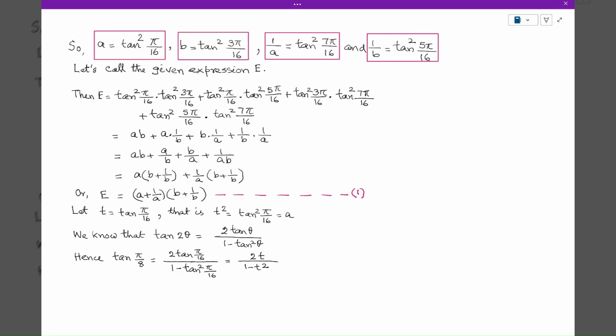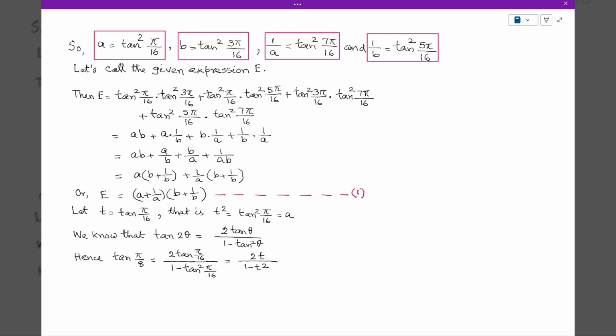Now, if you call the given expression as E, then E is equal to tan square pi by 16 multiplied by tan square 3 pi by 16 plus tan square pi by 16 multiplied by tan square 5 pi by 16 plus tan square 3 pi by 16 multiplied by tan square 7 pi by 16 plus tan square 5 pi by 16 multiplied by tan square 7 pi by 16,